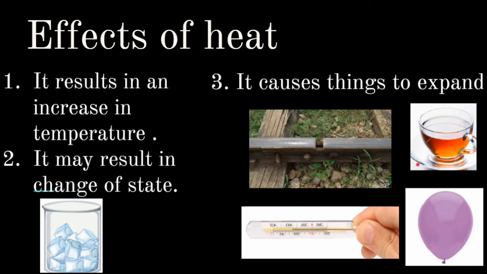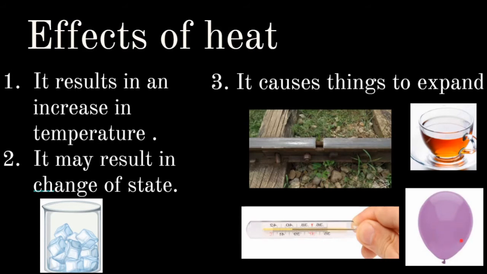And also, how do we take our temperature? By using a thermometer. So when a thermometer is put in contact with a hot body, the mercury inside it expands and rises up. So the new level of mercury indicates the temperature of the body. And for expansion in gases, we have an example: if you put a blown up balloon in the sun, the air inside it expands. This causes the balloon to grow bigger.